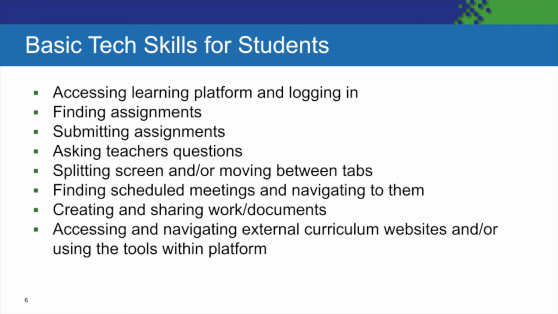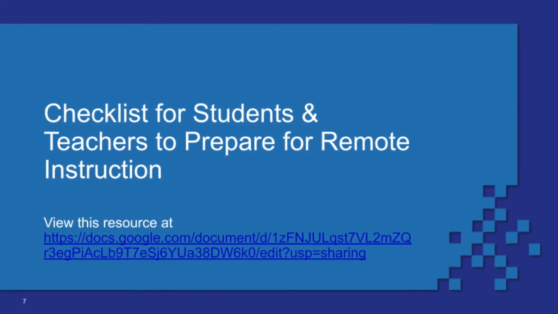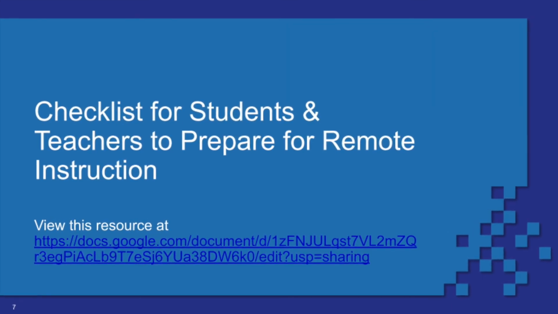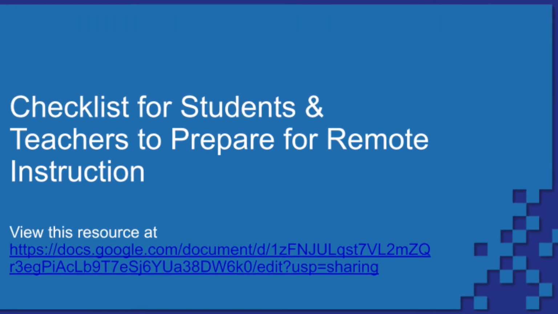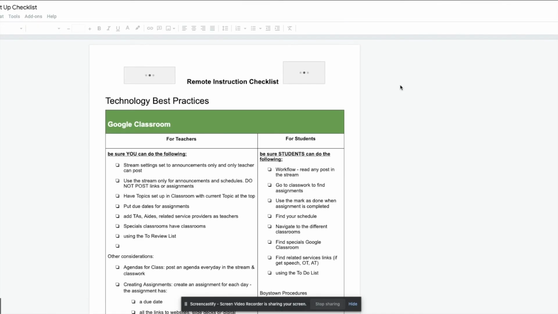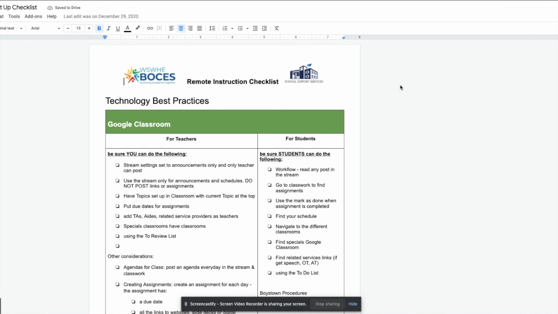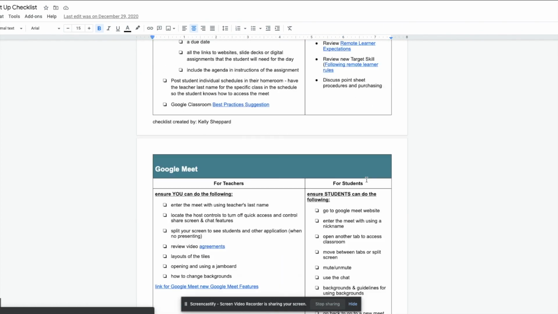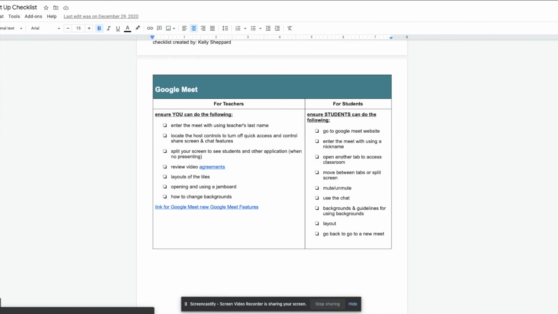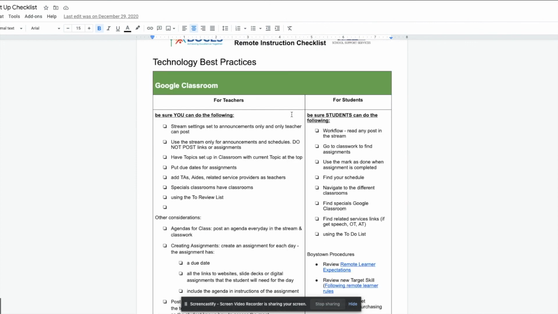It's important that students have basic tech skills established within the remote environment. This slide lists tech skills to consider, but is not an exhaustive list. Reviewing and modeling these skills for students can help with engagement in the remote environment. Included on this slide is a link to a checklist that can be used to prepare teachers and students for a transition to a fully remote environment. Though this checklist utilizes a Google platform, this type of checklist could be adjusted to meet the needs of any building or district. It can be used to ensure everyone is on the same page when the need to pivot